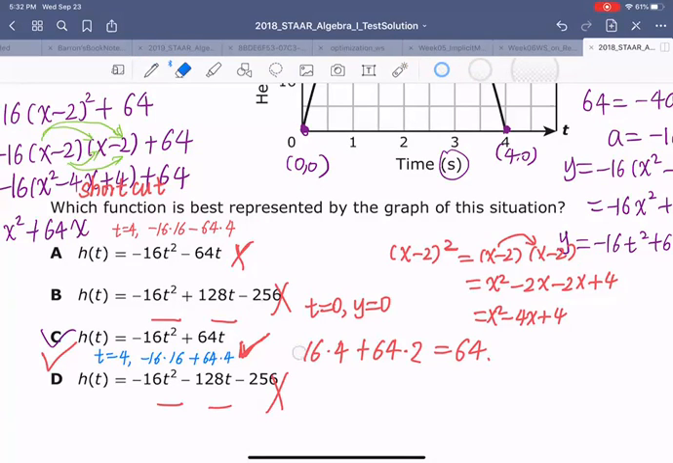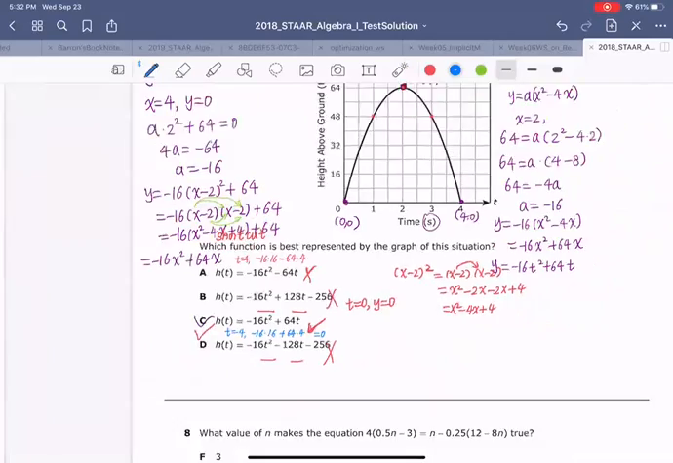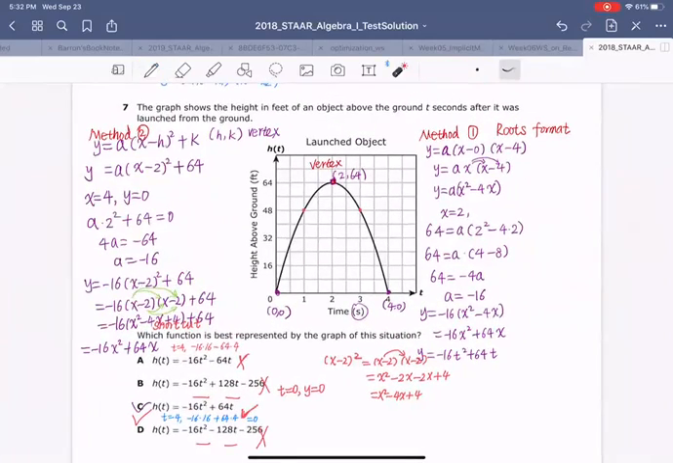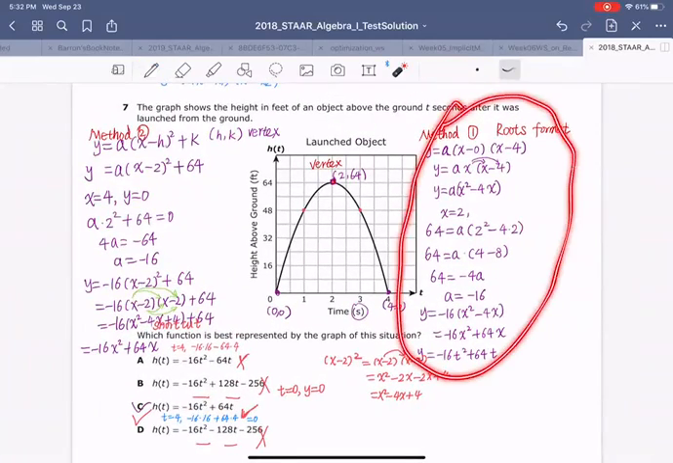Oh, how do you feel it now? What is the answer? C. C, right? Let me ask you again. So Valeria, summarize what we did for the method